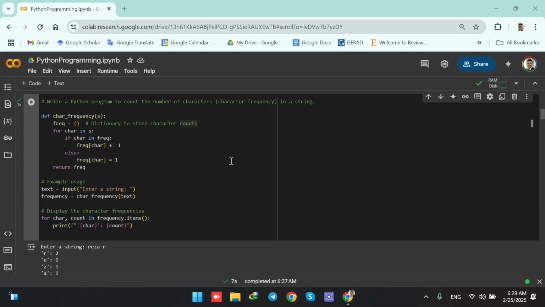Welcome back. In today's video, we would like to write a program to count the number of characters in a string. In order to do that, I would like to define a function that is going to do the counting of each character. So each character's frequency is counted inside this function, char frequency. For example, when I run the code, it says enter a string. So I write down Reza, for example. When I enter,